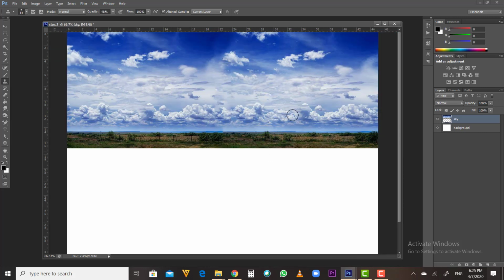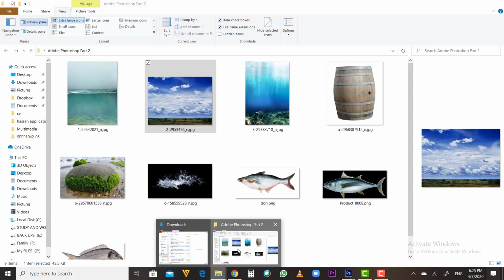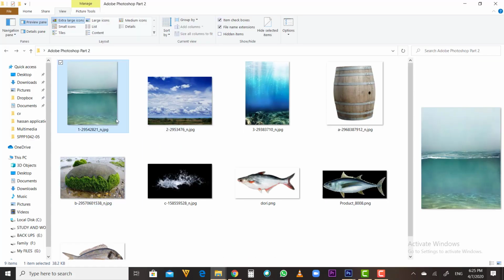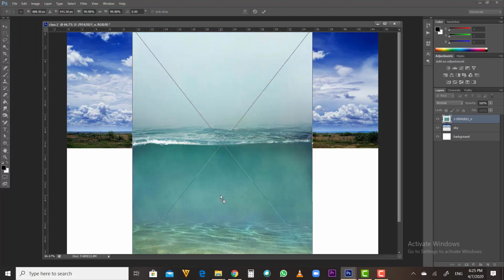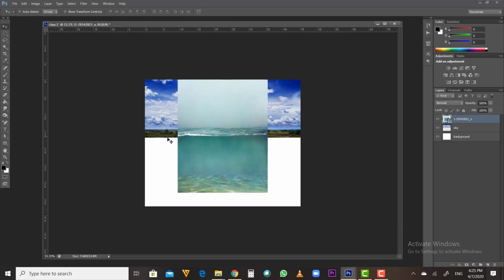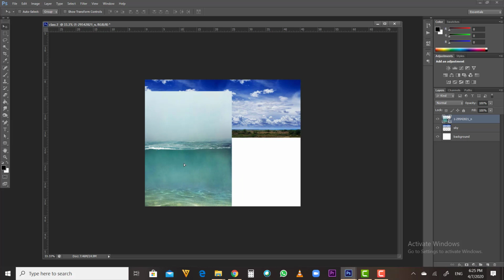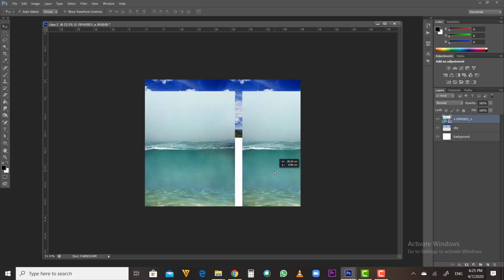All right, we have one image instead of two, and we already blended these two images together into one layer. So what I'm gonna do next is insert another photo into my project and do the same exact thing that I've done to the sky. Move tool, move this image, and then duplicate it, whether by Ctrl J and then Alt and